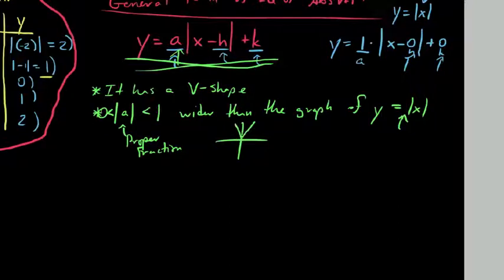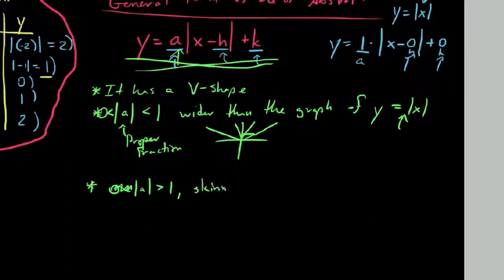Then from the vertex I'm going to go up a little bit, but out more than I go up. And so what I'm saying is, if A is a proper fraction, you're going to get a wide graph. So what if the absolute value of A, that just means look at the number, don't look at the sign, is bigger than 1, then we say we have a graph that is